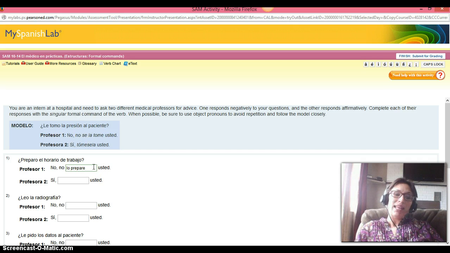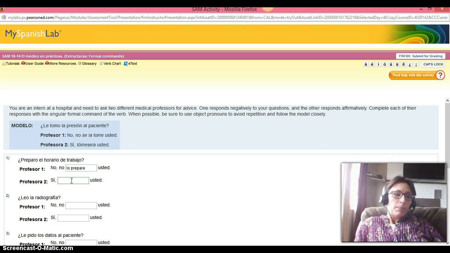Now the reason that we use the e there is because it's an AR verb, and the command forms for AR verbs take the e and en endings for the usted and ustedes, and ER and IR verbs are going to take the a and an endings, kind of like we've seen with the subjunctive. Profesora dos is going to say sí,